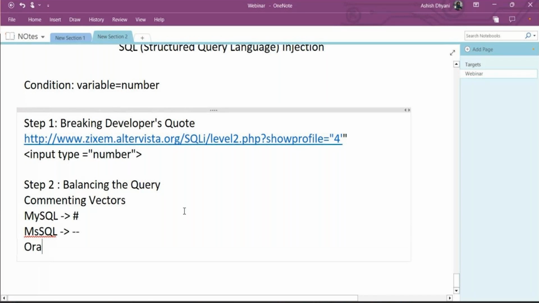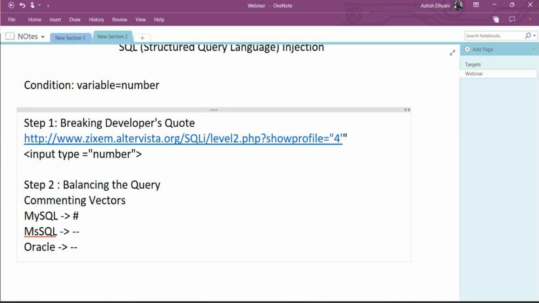If it is an Oracle database, then the commenting vector is also double hyphen, right? So we will use these commenting vectors for two things. First thing, these commenting vectors will remove the error. Second thing, these commenting vectors will create a place for me where I can inject my queries,